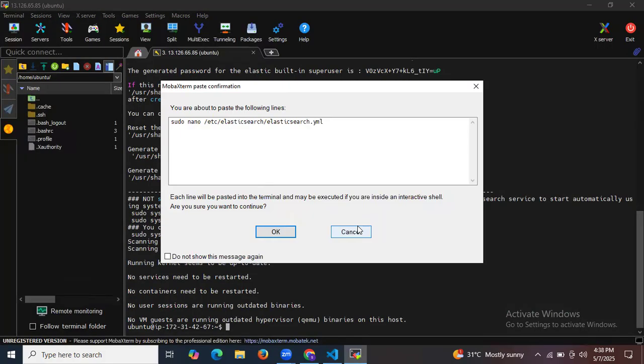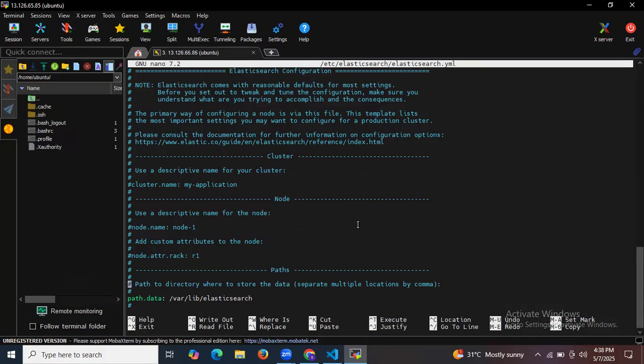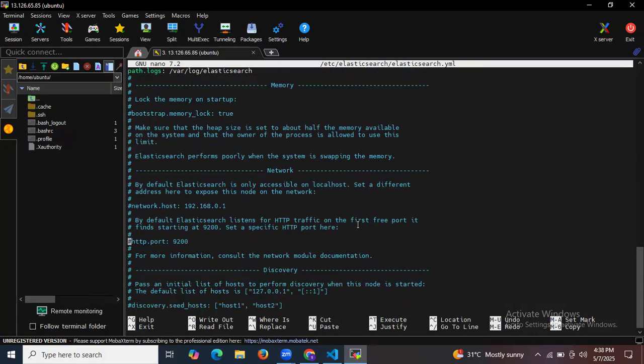So let's open the configuration file of Elasticsearch, and here we need to make three changes. First of all, go to the network section, and in this network section, let's uncomment this network host line, and we need to replace this IP with 0.0.0.0. That means any IP can access. That's why here we are going to replace this IP with